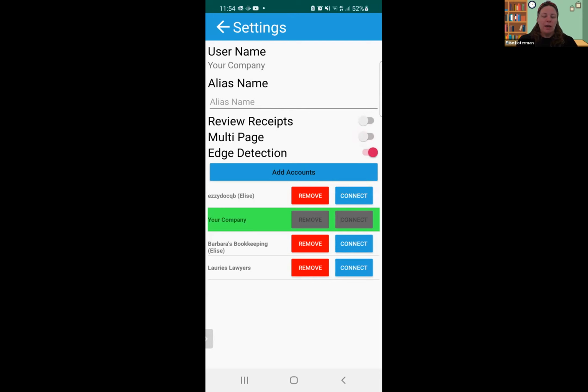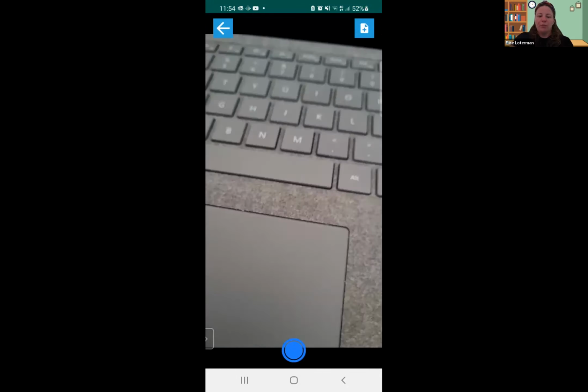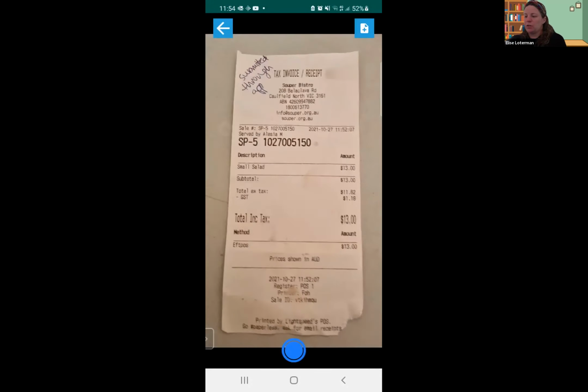And edge detection, like I mentioned, really just helps pick up the box around the receipt. So you can see when you put on the edge detection like I have, and you go to scan a document,